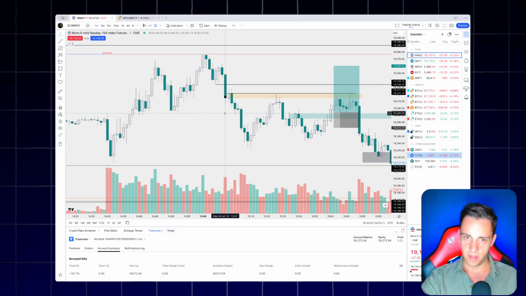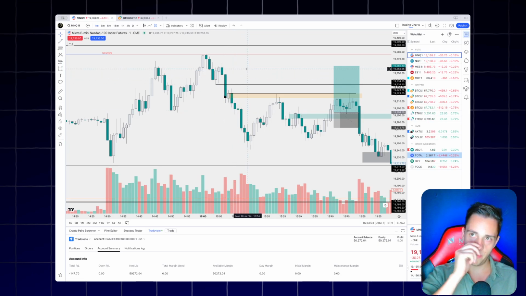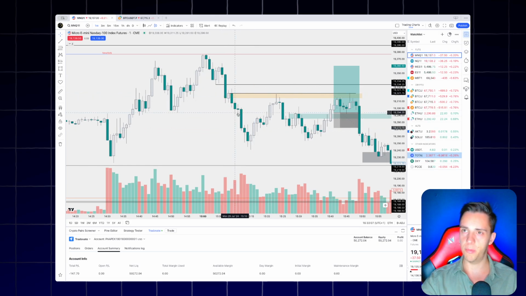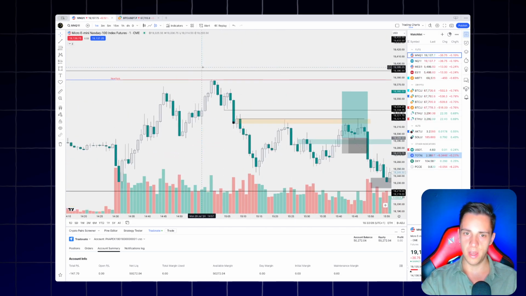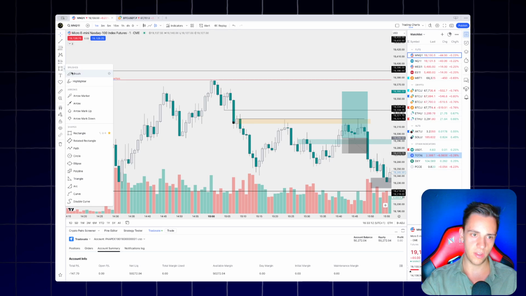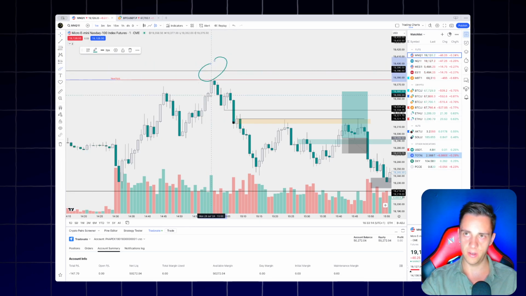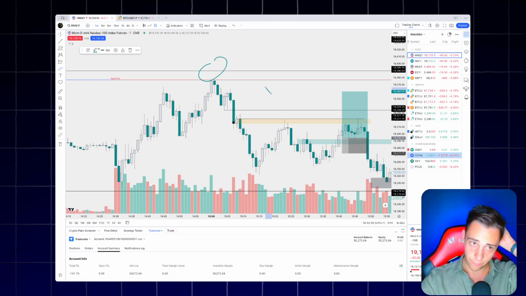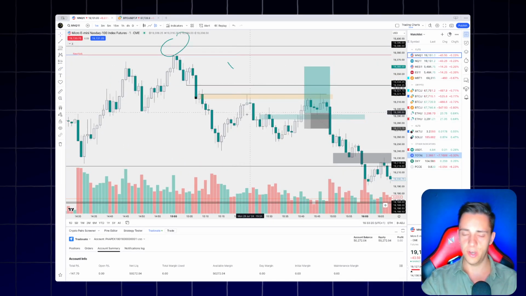I see this impulse candle down, and at this point, I'm thinking, okay, maybe we're having a little bit of a sell off before going higher. I had this target right here in mind, which we didn't hit. We just got near it, and then we sold off. So I decided to wait.